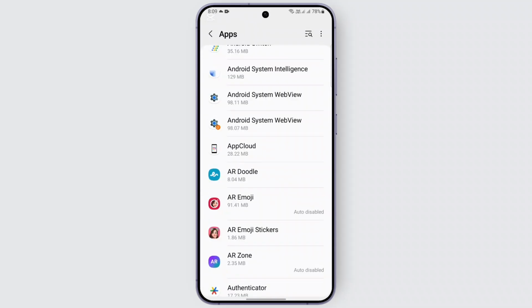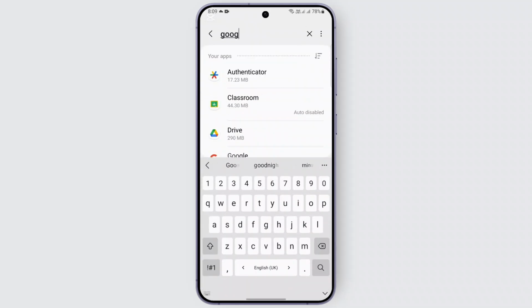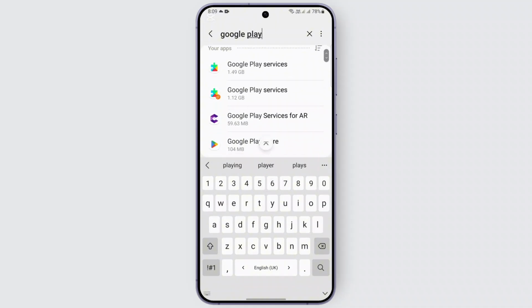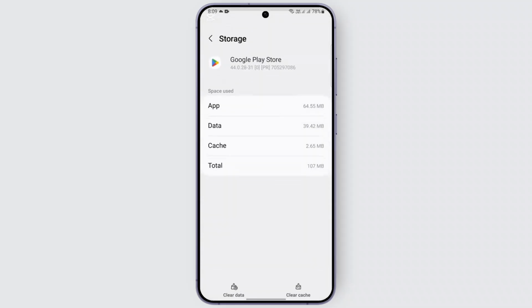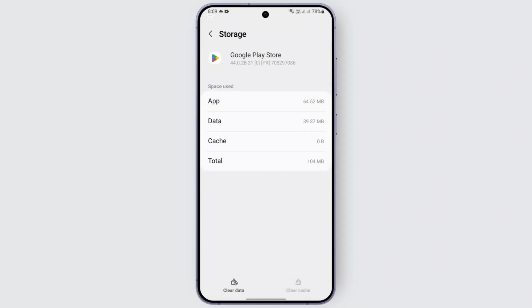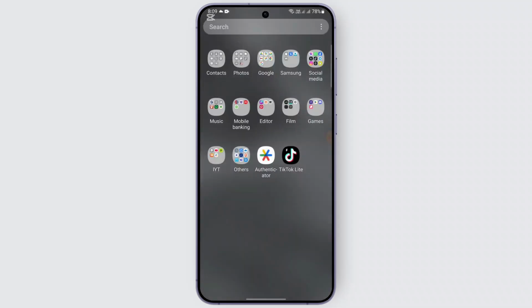After clearing the cache of Google Play Services, you're going to clear the cache of Google Play directly, the application from where we download games and each app. So you're just going to go to the Google Play Store application and then go to the storage and clear the cache of this particular app as well. After that is done, you're just gonna close the settings and head over to the Play Store application of